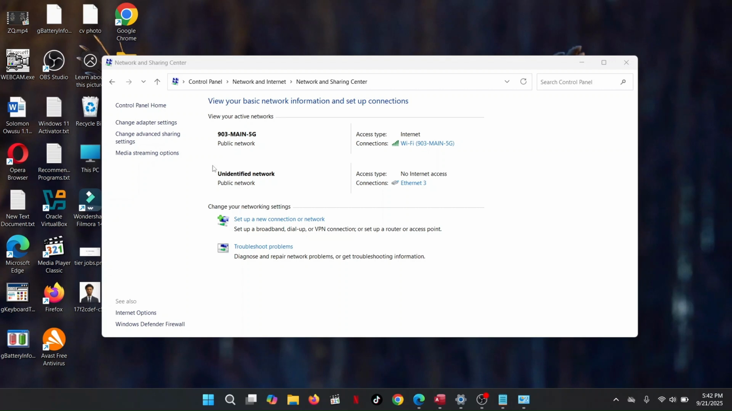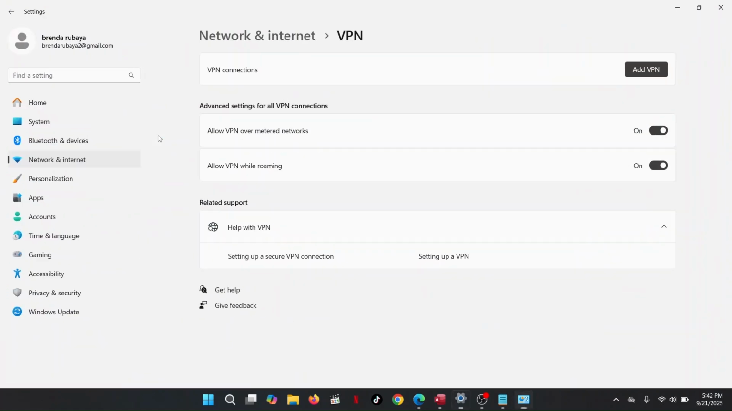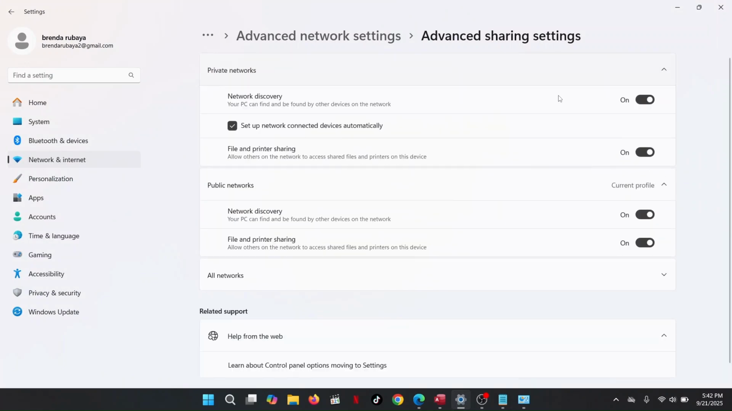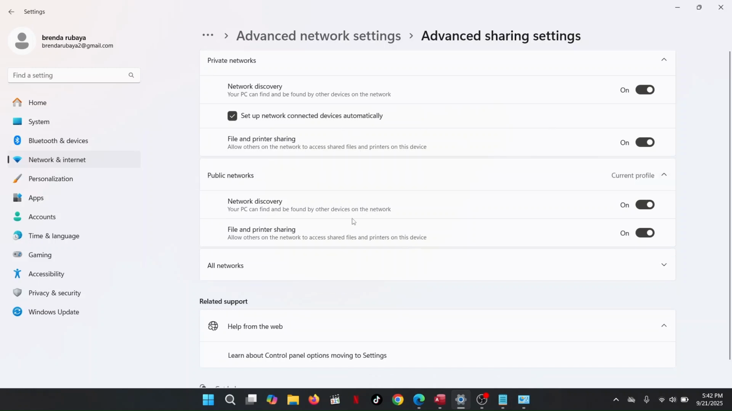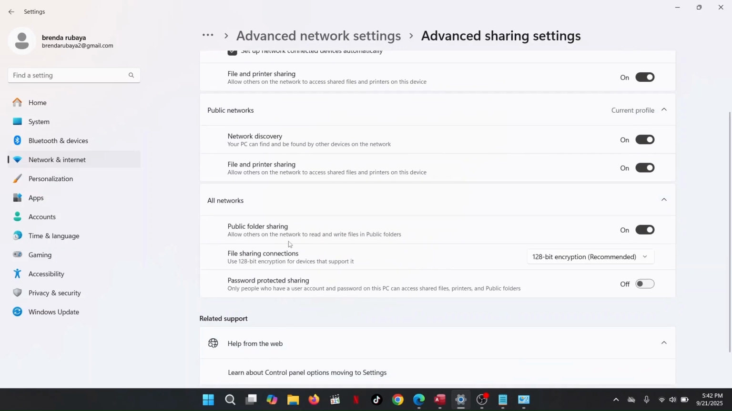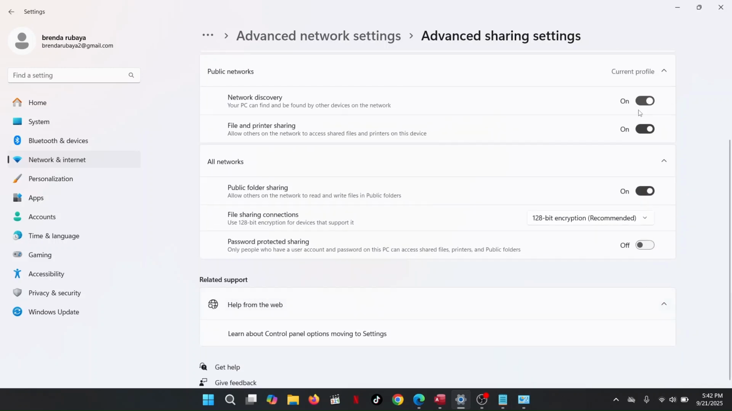That is all. So now I am connected to the same network, and then I'll come to change advanced sharing settings. I'll make sure to enable network discovery from here. I'll enable file and printer sharing on both public and private networks. I'll come to on network. I'll enable public folder sharing. Then I will disable password protected sharing. So now I'm done